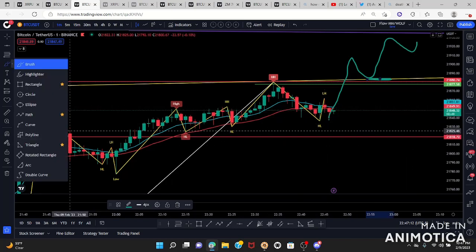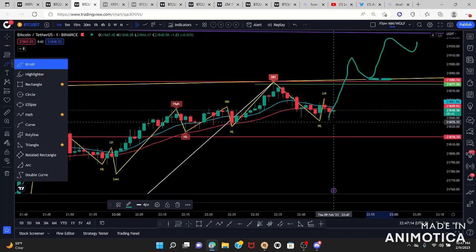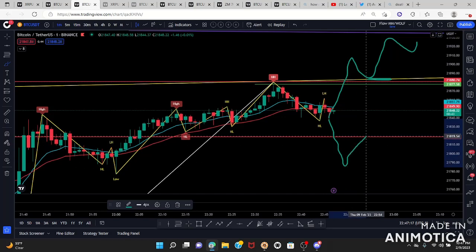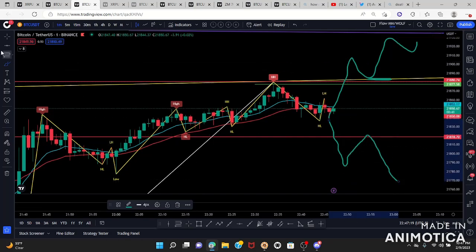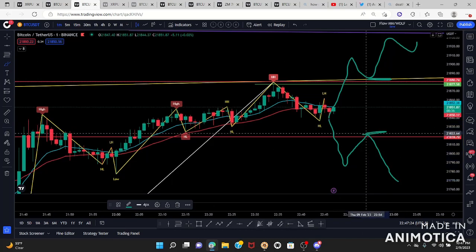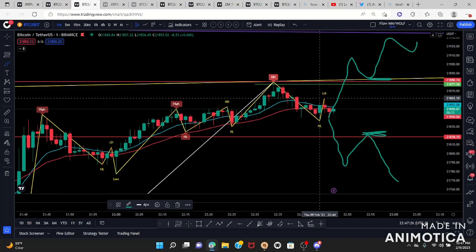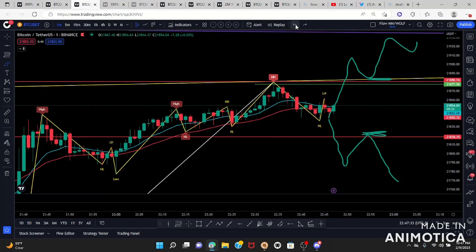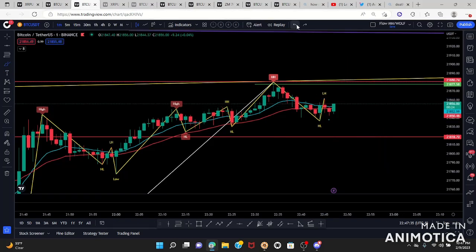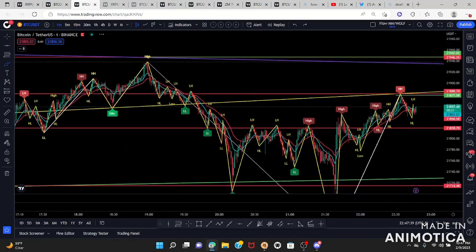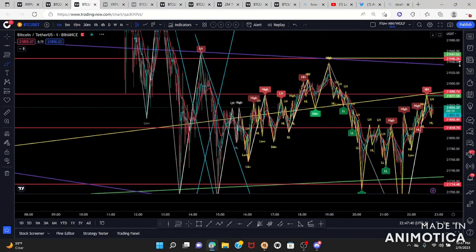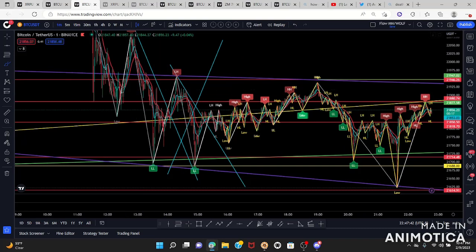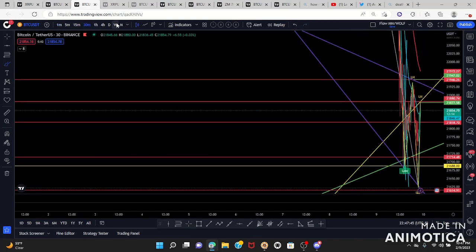Okay, and if we break this support in the 1 minute, let it break, retest, then we'll see a continuation. So you're gonna want to enter at your lower high and set stop loss at your previous lower high. I hope that made sense. So that's how I go all the way from the weekly to the 1 minute. I trade with the flow, and like I mentioned, right now, just based on the 30 minute, it's important for